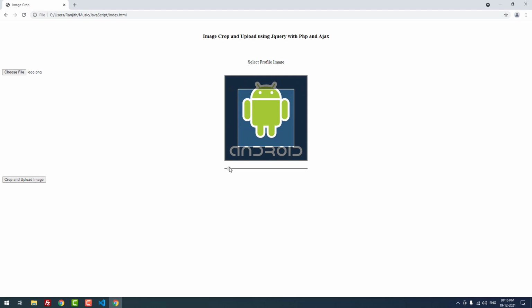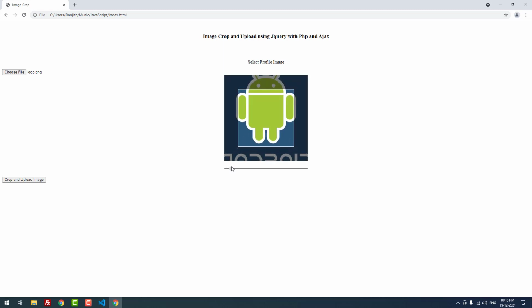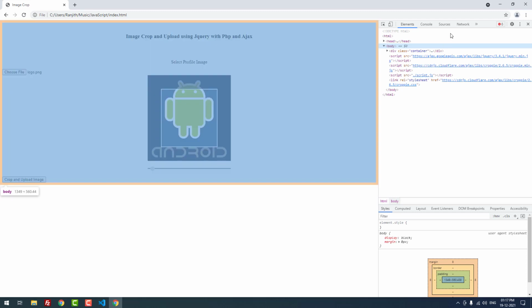Now I'm going to remove the Android text, so I'm using this option. Then finally I'm going to click the crop and upload image button. When I click that, the image will be cropped automatically and then shown, but it is not happening. I don't know what the problem is. Please wait, let me check.